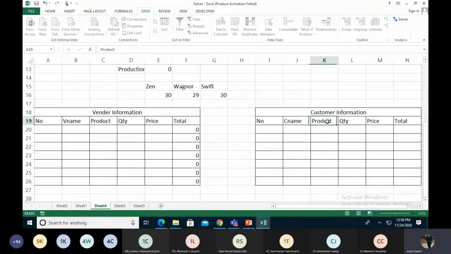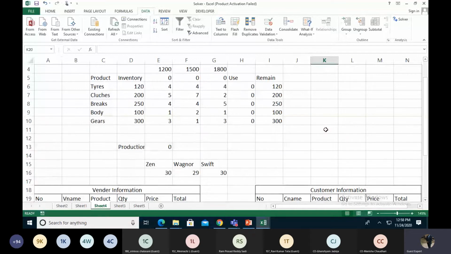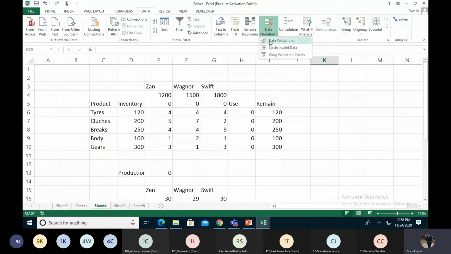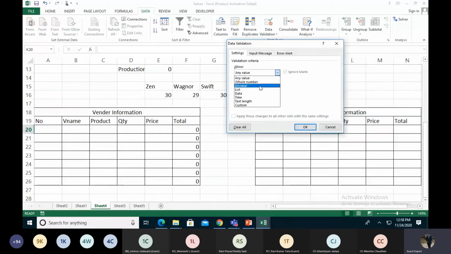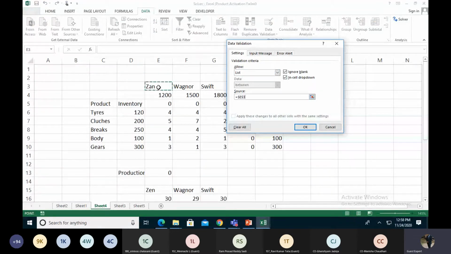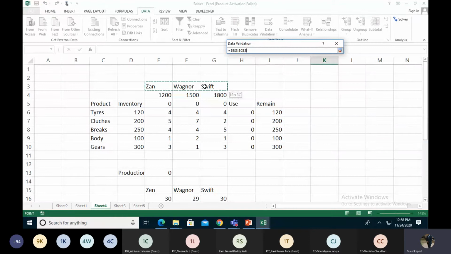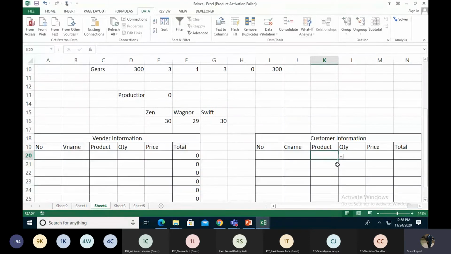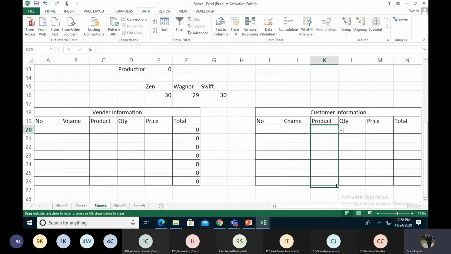In this production we also go to data validation, select the list, source, we select the Zen, Wagoner and Swift, and we just drag it out. Quantity plus price, and we select it. Right now within Amazon,